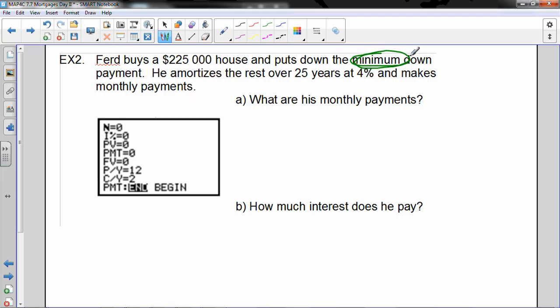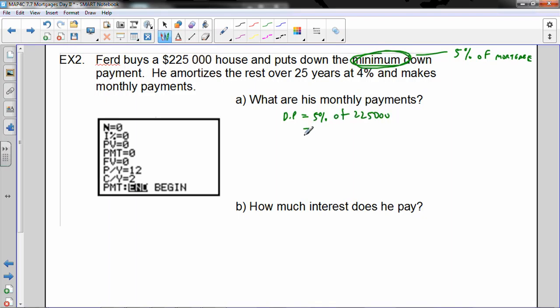What's the smallest amount that I can put down for a down payment? Well, it's 5% of the list price, 5% of the asking price or the purchase price is what the down payment can be. So before we can answer the question, what are our monthly payments, we've got to figure out how much he's actually borrowing. So his down payment was 5% of